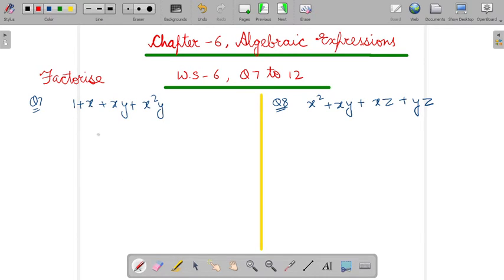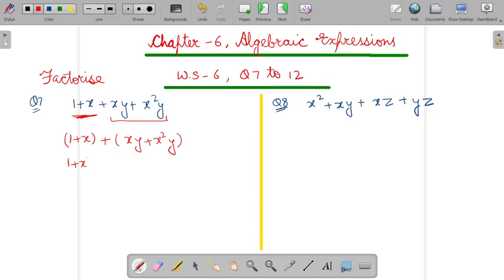Hello everyone. Now let's go for the factorization further with question number 7. Now in question 7 we have to group the terms. So we will take these two terms together and these two terms together. So we will regroup it, we will write it together, and this term we will write it together. But still it is not in the factorization form. Why? Because between these two terms there is a plus sign.